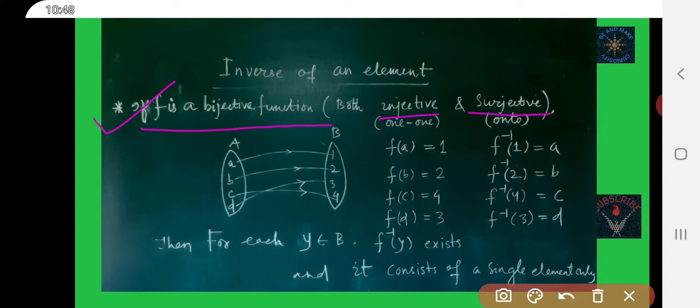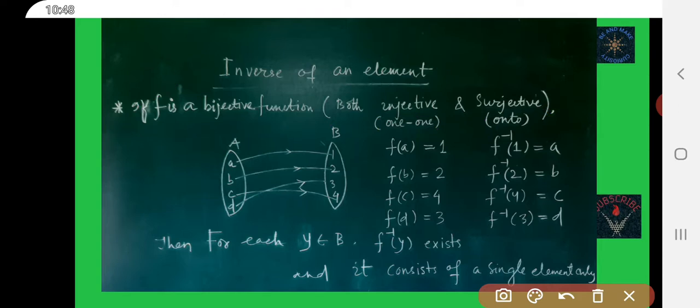If a function is both injective and surjective, then that function is called bijective function. Injective means one-one function, surjective means onto function.